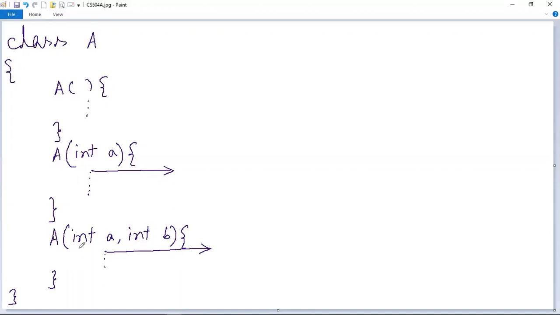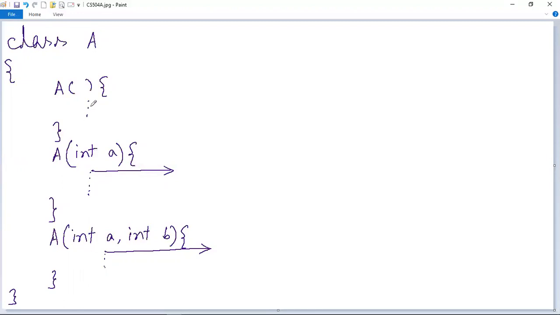And it goes on like this. This constructor is then again called from inside another constructor, which is also a parameterized constructor with two integer parameters inside it. That means we are calling one constructor from inside the body of another constructor. And this goes on like this. So this is known as constructor chaining.